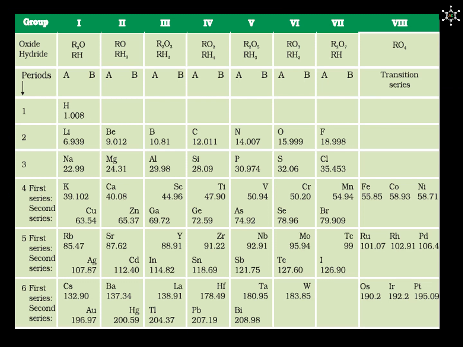This is Mendeleev's periodic table. Let us consider elements aluminium and silicon. If we observe their atomic weights, aluminium is having 29.98 as its atomic mass and silicon is having 28.09 as its atomic mass. But Mendeleev placed aluminium prior to silicon because aluminium behavior was similar to that of boron and silicon behavior was similar to that of carbon. This is what he meant. Physical and chemical properties were given more importance than atomic weight.